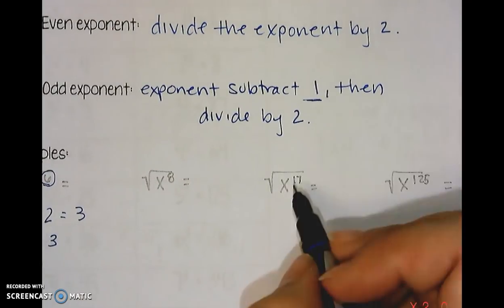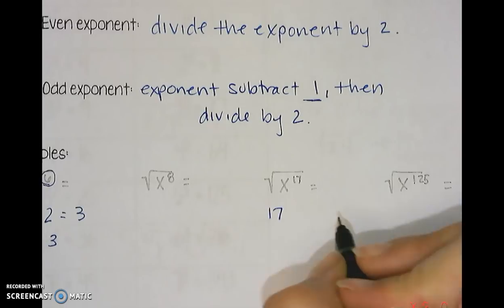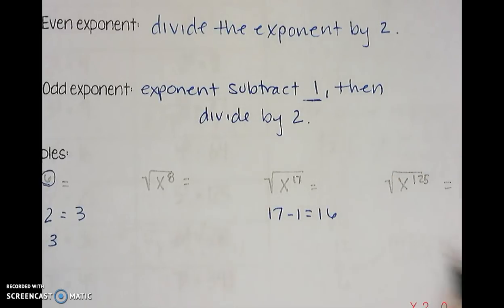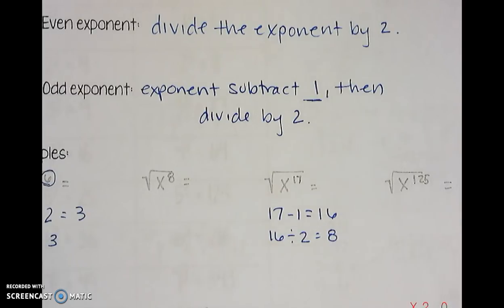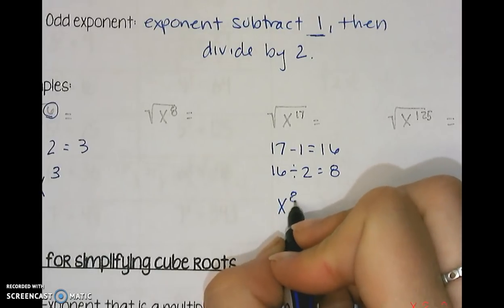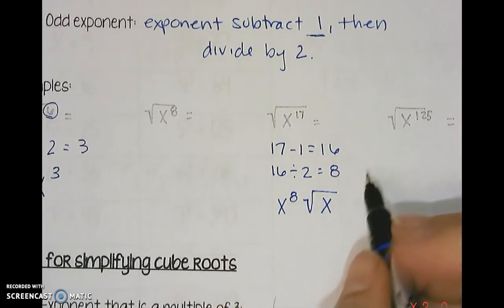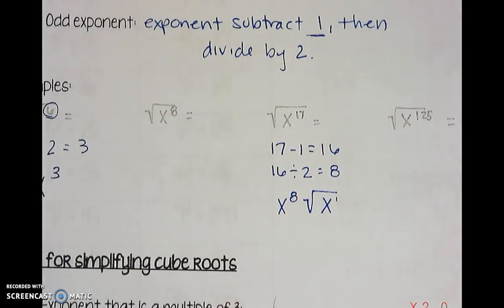So for example, right down here, we have the square root of x to the 17th. So we're going to take 17 minus 1, which gives me 16. And then 16 divided by 2 gives me 8. So my full answer is going to look like this: x to the 8th square root of x. So the 1 that we subtracted is actually right here, this x to the 1st,